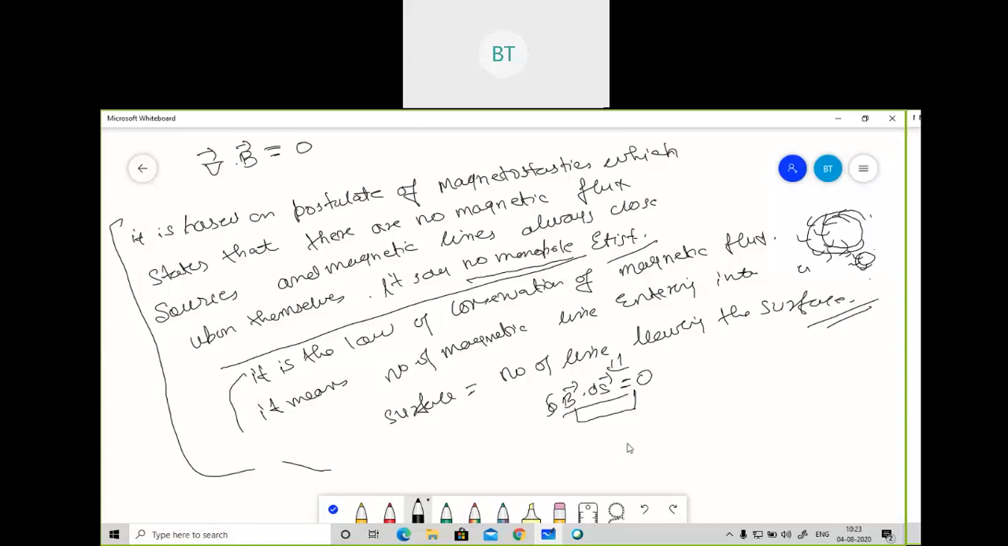Because what number of flux is entering a closed loop? I am talking about a closed loop. That same number of flux is coming out of the closed loop. So if I write it in the mathematical form, I'll get these equations. So I just need to apply the divergence theorem here. So by applying